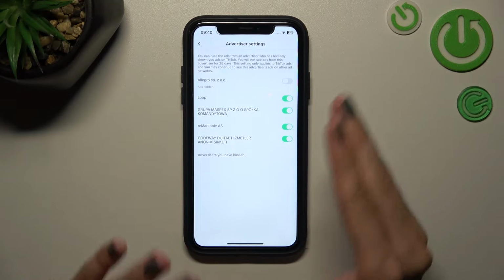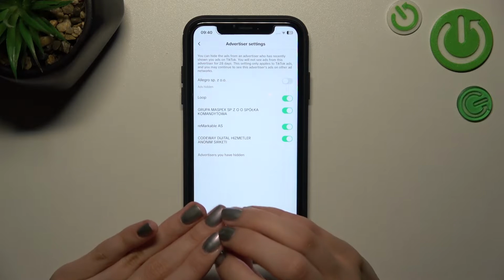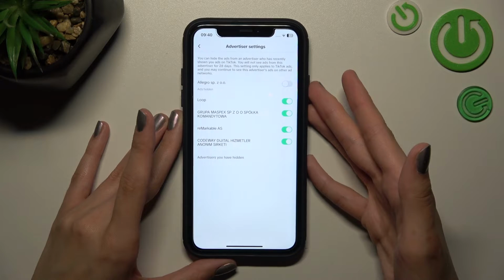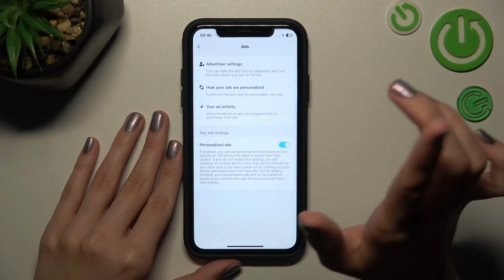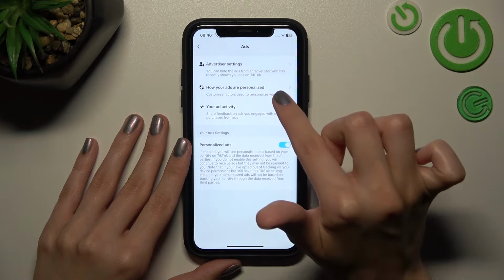In this way you can block and control which ads will appear on your feed. It's very useful, for example, if you have kids and if you don't like some brand and want to block it for your child. So guys, this is the first option, and the second one is how your ads are